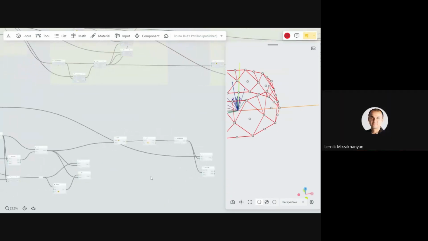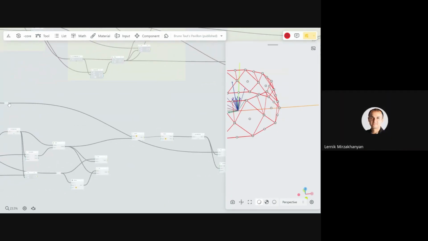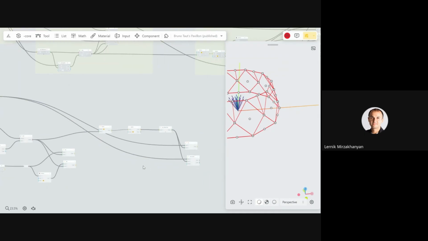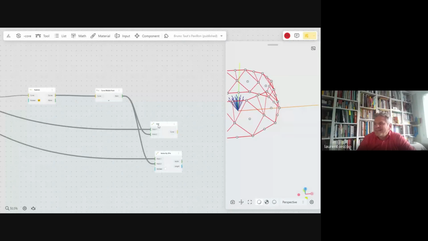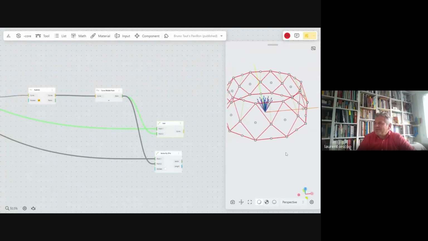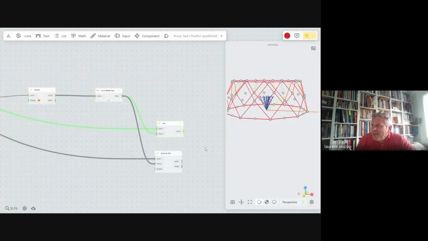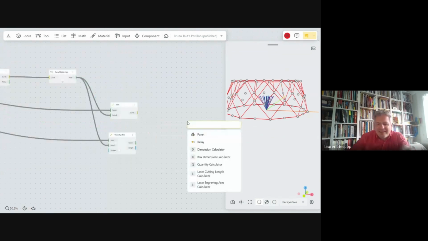Your muscle memory, you still don't want to connect to the center of the port. Okay, yeah, it's okay. Move. Okay, so move again.